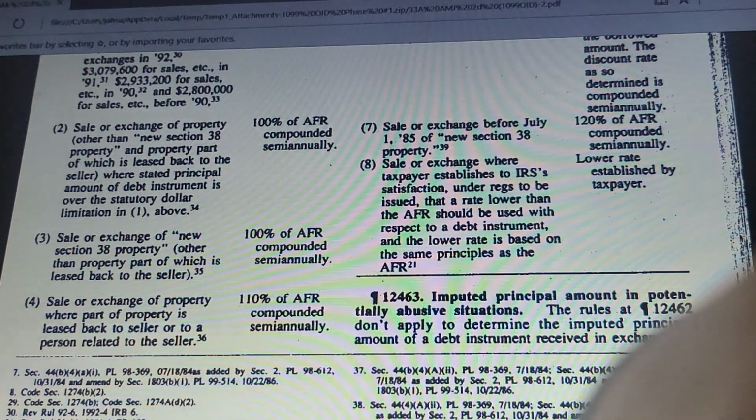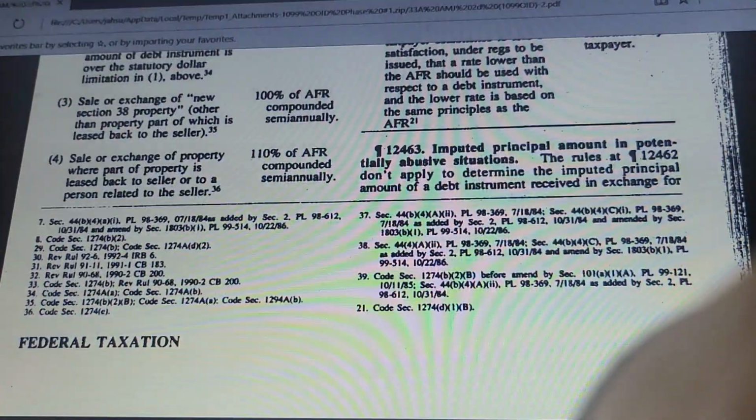And the discount rate is the lower rate established by a taxpayer. We had 12,463, imputed principal amount in potentially abusive situation. The rules at